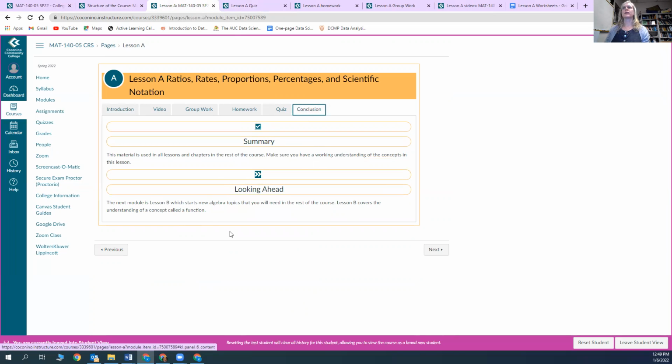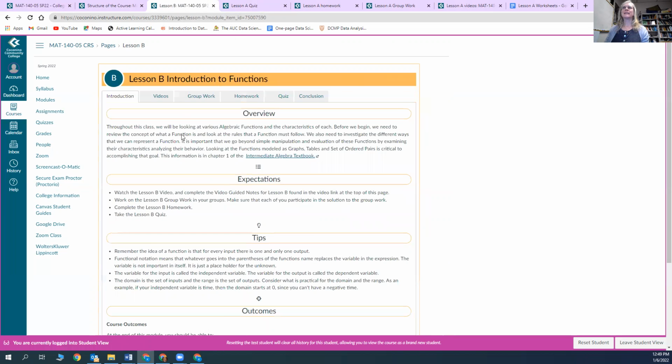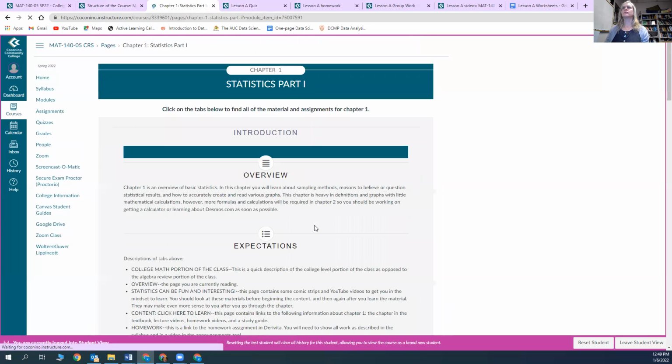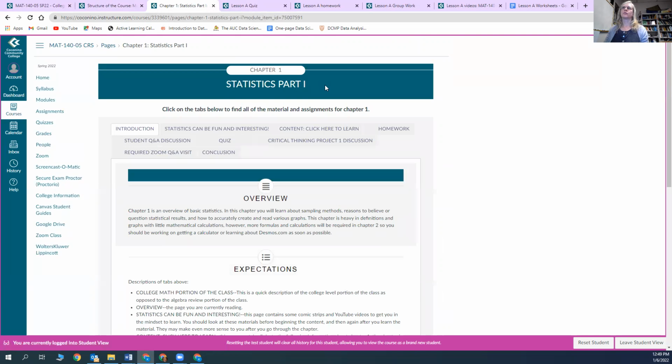And then again, each one has a conclusion. If you hit next, it takes you to the very next thing you have to do, which is lesson B. Again, go through all of those. Click on next, and then it will get you to the statistics, chapter 1. So the chapters are the college mathematics material. The lessons are the